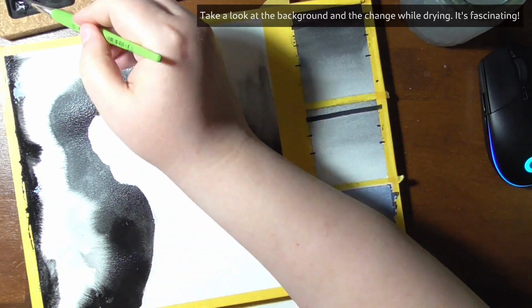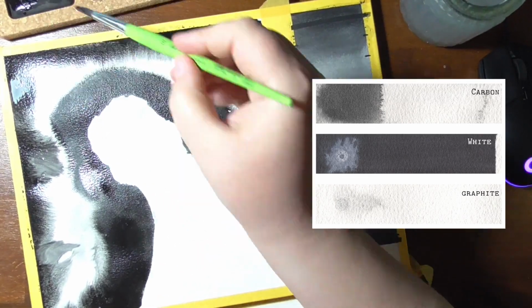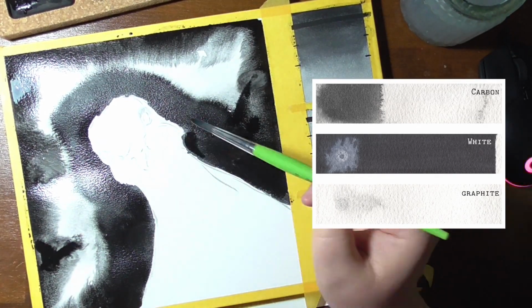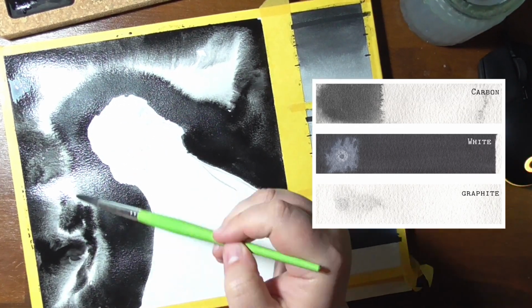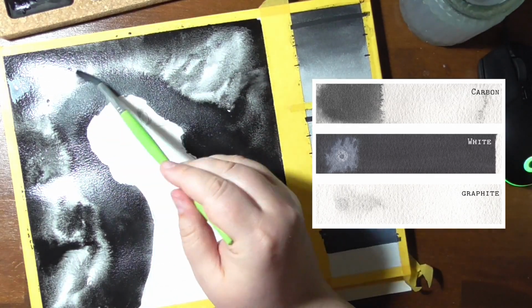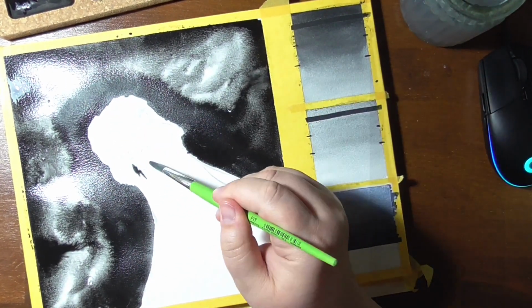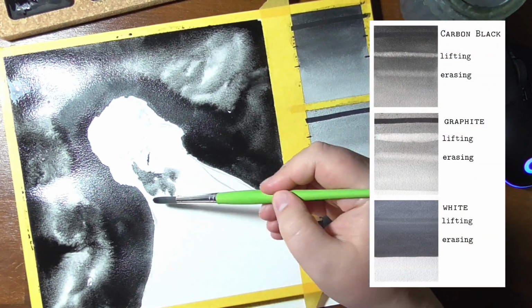It does also tend to create backgrounds a bit, which you can see in the swatches of the dispersion test I made, where in comparison the graphite didn't run at all and white created a haze over the black surface, while most of the pigment stayed in one spot. The carbon black is easily diluted with water to create middle tones. It doesn't lift well and stains the paper a bit, and it doesn't erase well either, as you can see